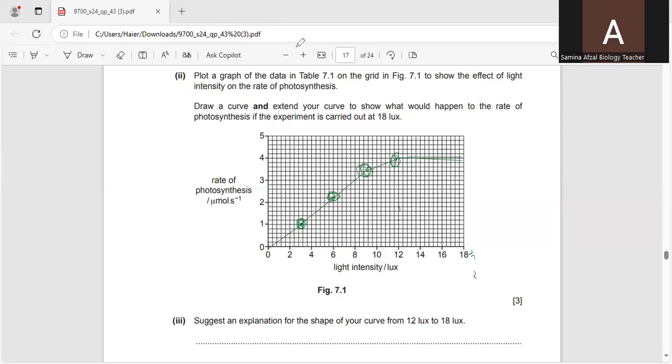Now we have to explain the shape of your curve from 12 lux to 18 lux. So we have to give some suggestions for 12 to 18. But here you can see the curve is level off. So from 12 to 18, and due to this level off, I would like to say that the light intensity is not limiting at this stage. So because it is going straight in this way, so we will write